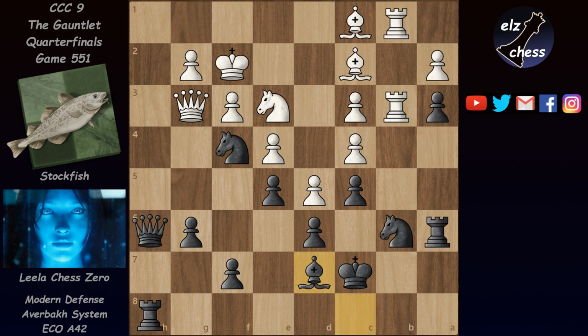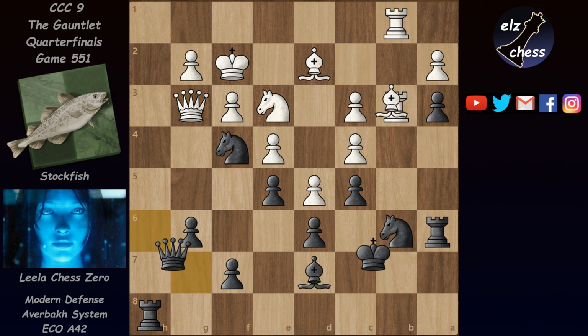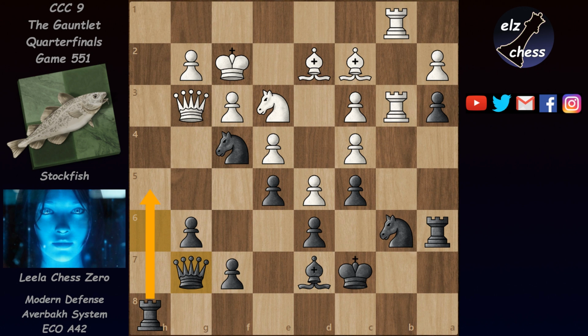So after bishop d7, instead of taking this pawn, Stockfish continued with bishop d2, and now we have queen g7. Here black has to be very careful not to blunder with bishop a4, because that would lose a lot of material here after bishop takes on a4. So Leela has to be careful, but queen g7, making way for the rook, is very good. And now we have rook f1, rook h5,